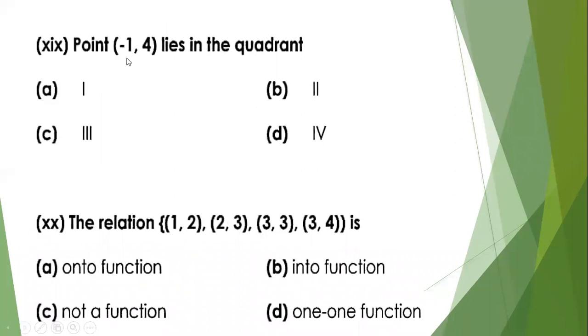Okay, now let's come towards it. Point (-1, 4) lies in which quadrant? We did the Cartesian plane or coordinate plane in grade 9, where we have 4 quadrants. So tell me: if X, the first element, is negative, and the second element Y is 4, in which quadrant will it come? I have the correct answer from Fatma Nadeem, Iman Tanveer, Abdul Rahman. Yes, B. X is negative in the second quadrant, and Y is positive in the second quadrant, so it will be the B part.